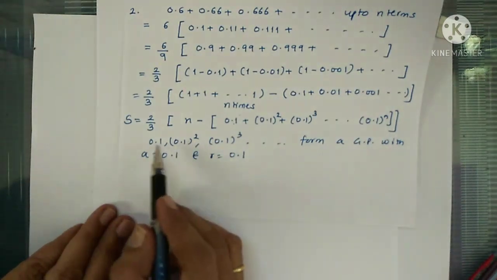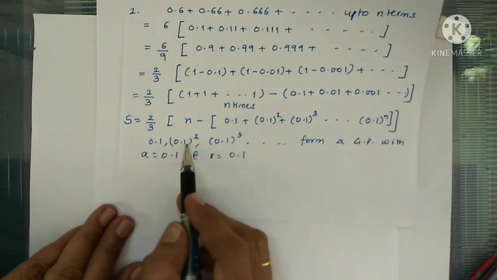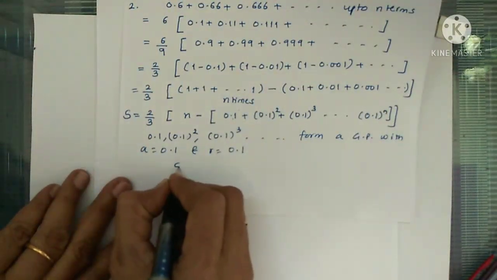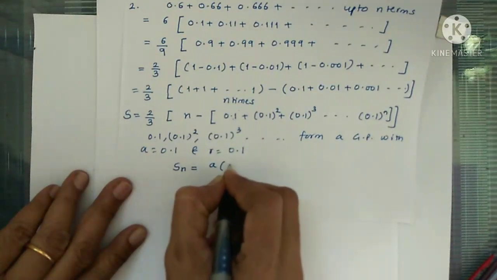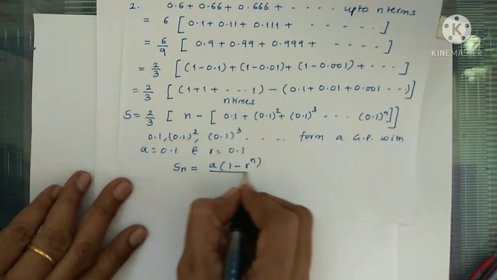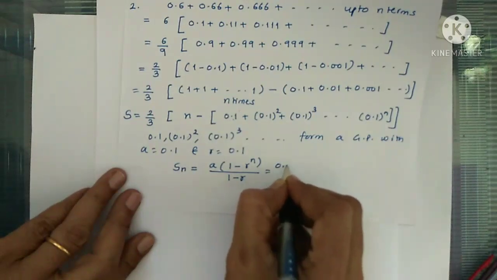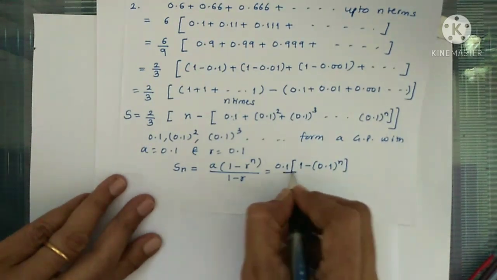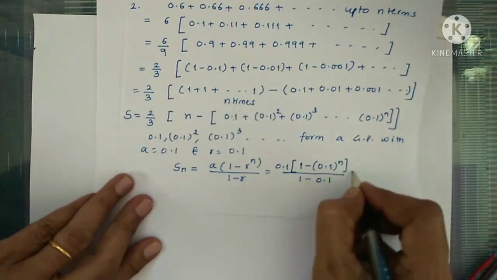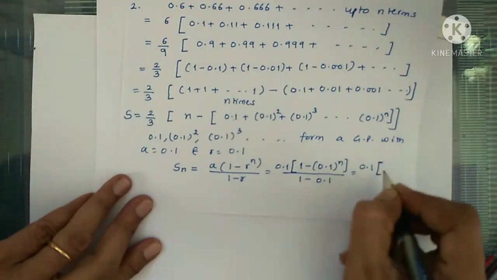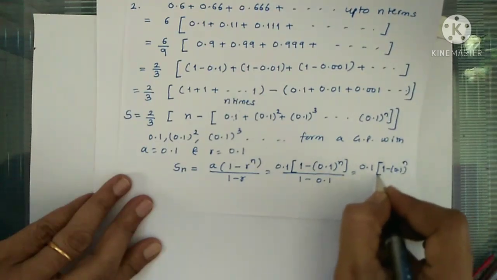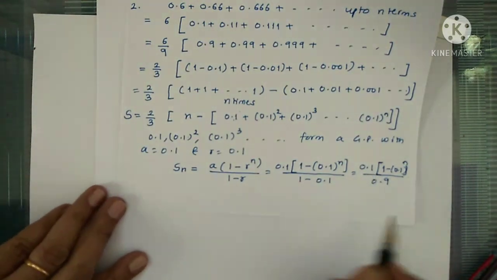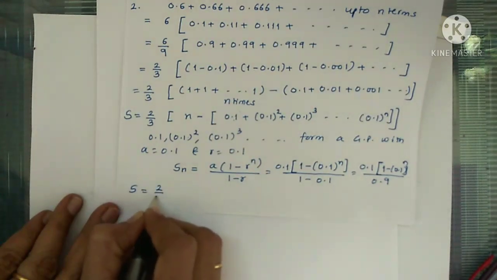See, 0.1 square upon 0.1 is 0.1. 0.1 cube upon 0.1 square is also 0.1. So the common ratio r is 0.1. Now for the formula for Sn, r is less than 1, so let's write the formula: a into (1 minus r raised to n) upon (1 minus r). This is 0.1 into (1 minus 0.1 raised to n) upon (1 minus 0.1), which is 0.9. So we can remove these decimal points. So the required sum S is 2 by 3